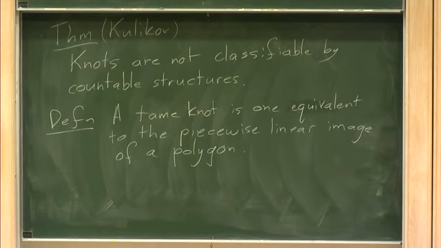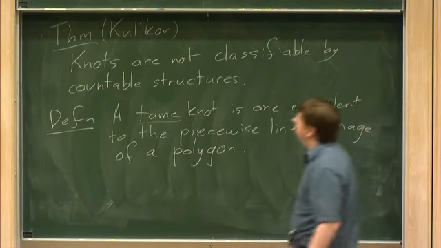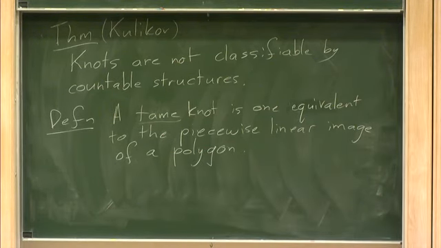So you take your rope and you just have finitely many straight edges, and those are the kinds of knots we're interested in. There's an earlier converse to Kulikov's theorem, due to Joyce,